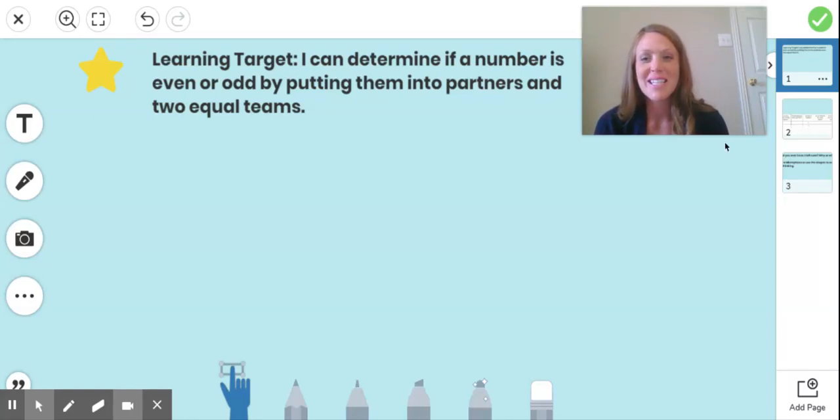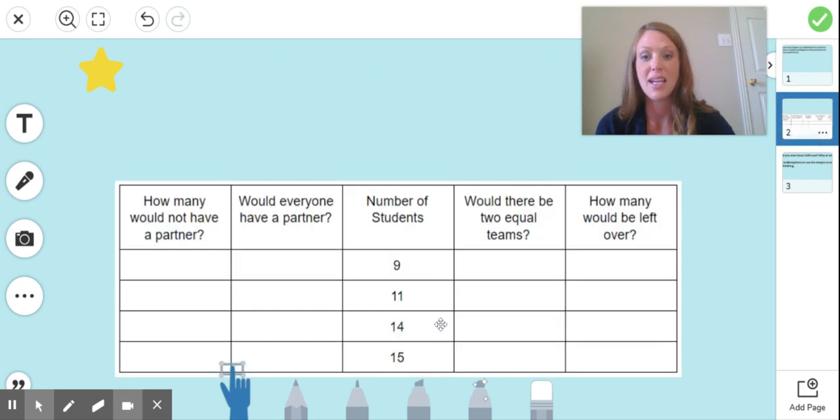Thank you for joining me today as we continue to look at numbers and decide if they are even or odd. So today's learning target is I can determine if a number is even or odd by putting them into partners and two equal teams. Your goal today and task is to complete this chart on the second page to determine if these numbers are